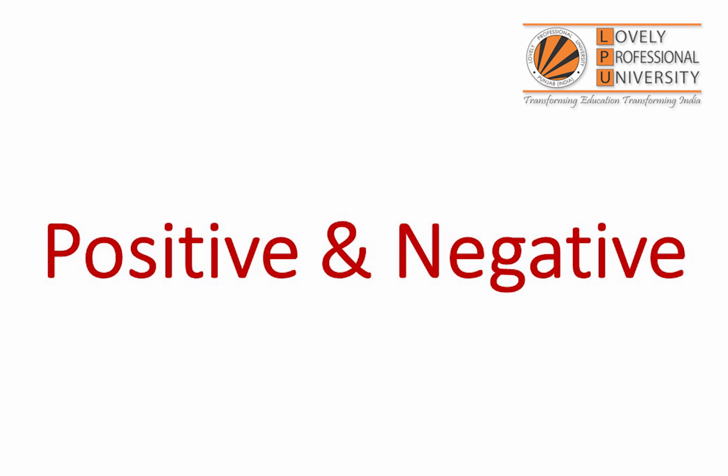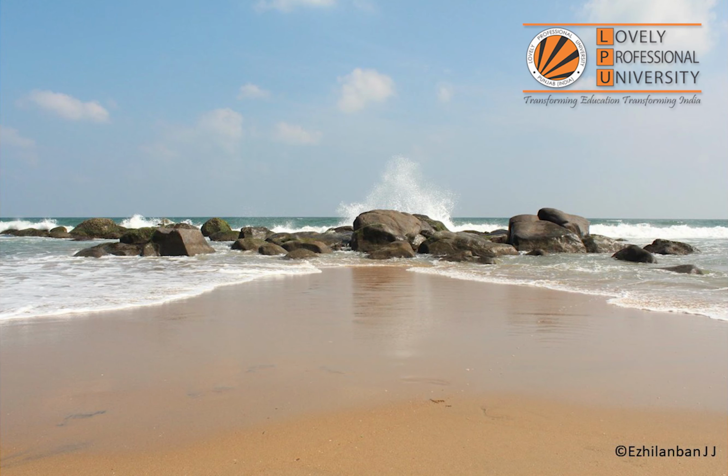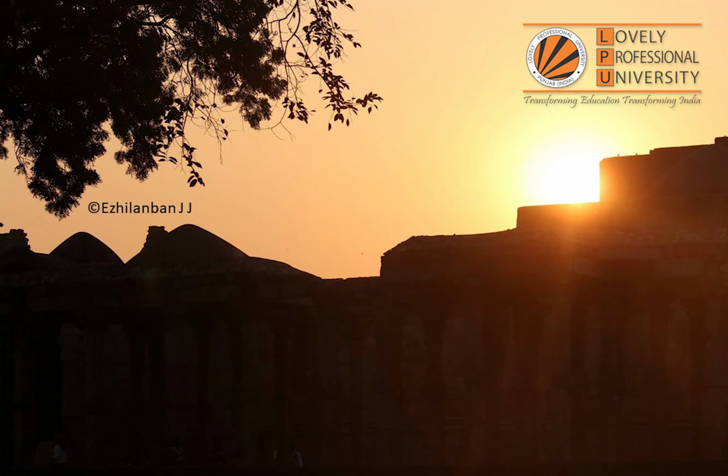Positive means something highlighted, and negative is what goes in the background, again like the foreground and background concept. Now here in this picture you can see in this small area in the center all these stones, and after that some waves, are very much highlighted. So this is a positive area, and the backside and some part in the front is your negative part. Even in this set of pictures you can see the color which is coming from behind the building, the architecture. That is showing some kind of positive effect, and again another is showing a negative effect.